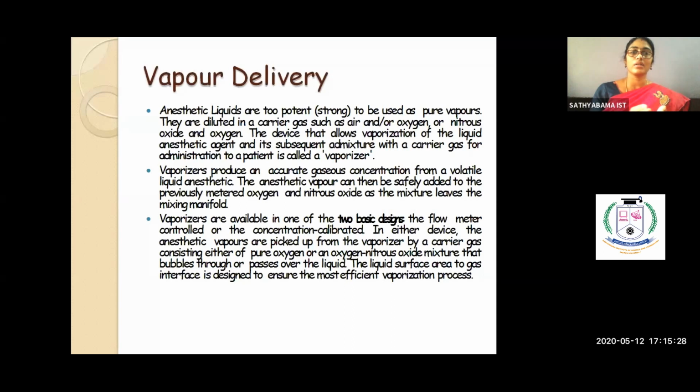As in movies, you see you add so much chloroform and keep it on your nose, and it leads to other things. So that's how it is given. When it is in liquid form, it is very, very strong. So you cannot just add that liquid into the gas or just inhale it like that, because it's not going to serve a purpose. When you do a surgery, whichever kind it is, you need that person to be unconscious for a particular period of time.